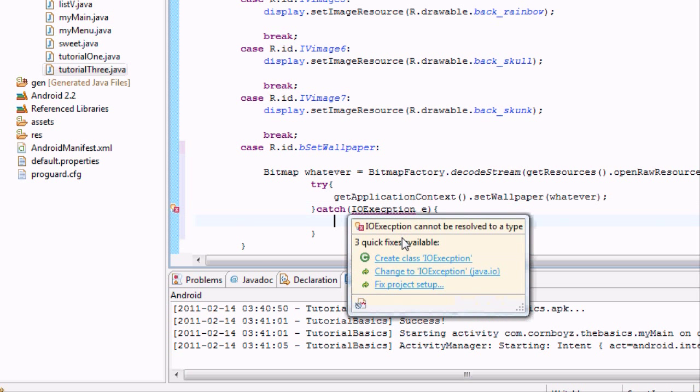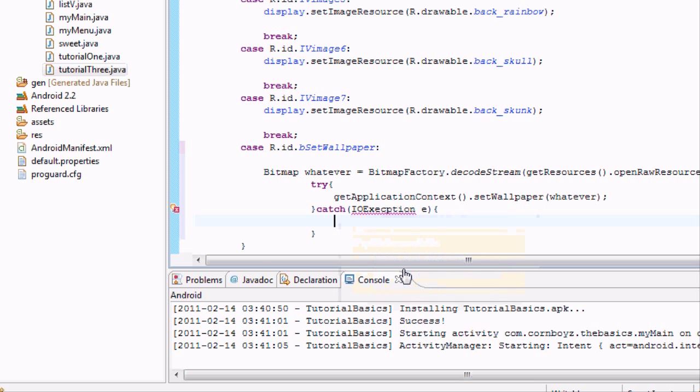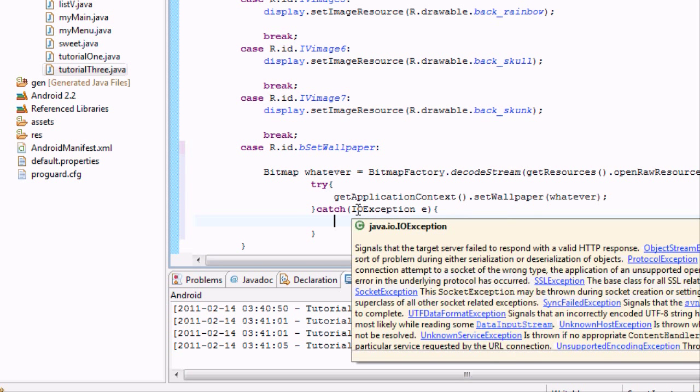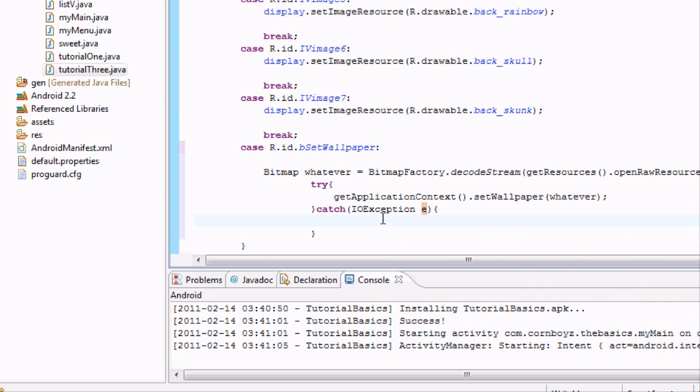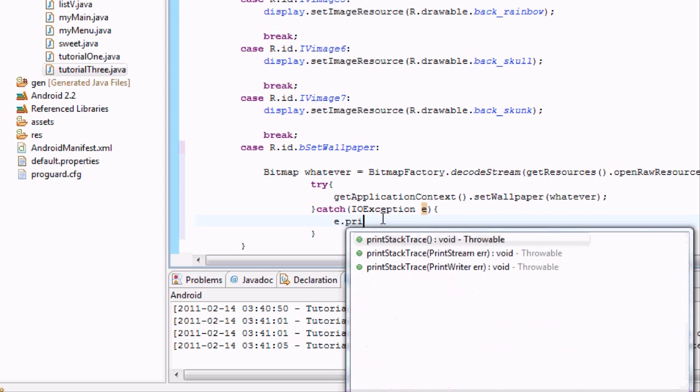We also have to import this. Must have spelled it wrong. Yeah, I forgot an E. Okay, so it's IO exception and it's E. So we're setting up that exception. And we're just going to say E print